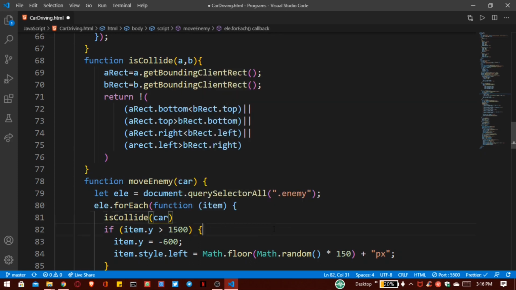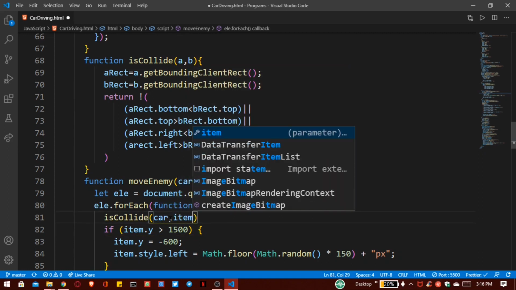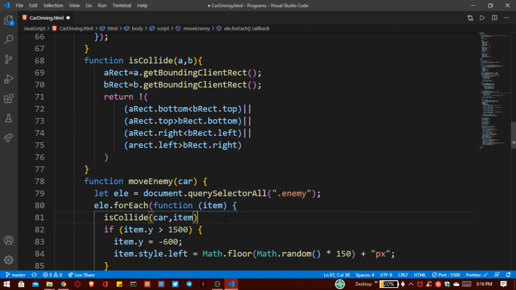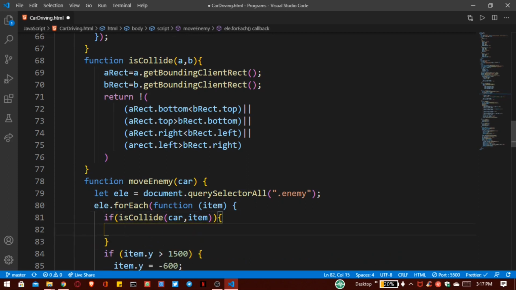So inside this move enemy function, that is our item, so pass here item, and if this car collides, then we have to pass our message that is hit. So here we have to check condition if, then if the statement is true, then we have to write a message console.log hit.